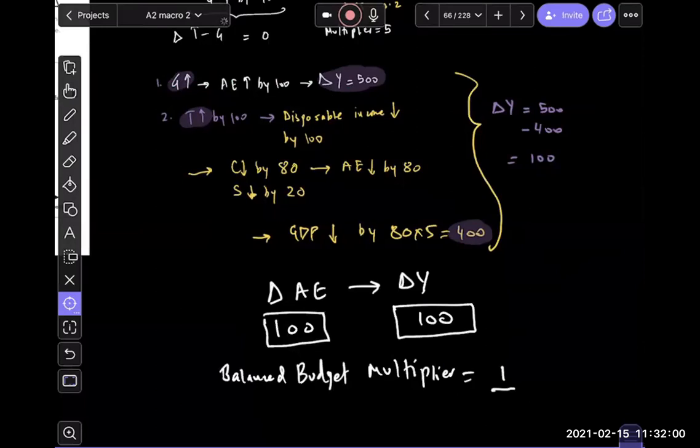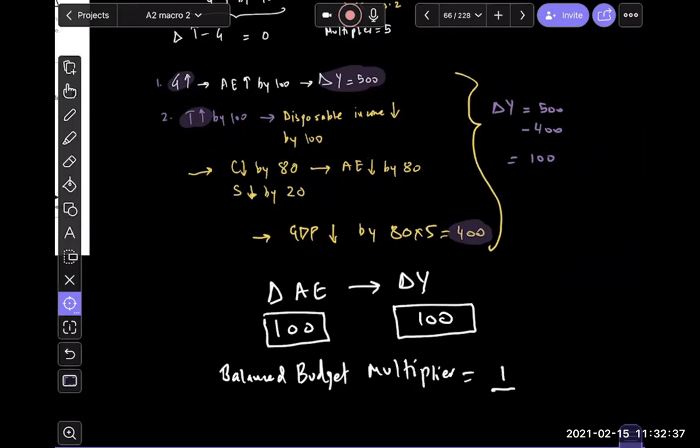Let's say you're running a recession, you have two options: reduce the taxes, right? But then who will benefit? Those who are on the job, right? But if you increase government expenditure rather than decrease taxes, let's say you give a stimulus package, then this will have a more powerful effect. Why? Because that is targeted toward the poor, who have a high MPC to begin with. And secondly, G itself is more powerful because it has a full multiplier effect. T, because it affects C and S at the same time, doesn't have a fully powerful effect.